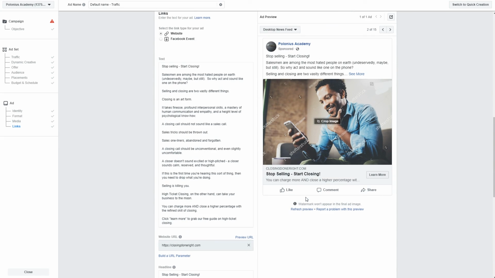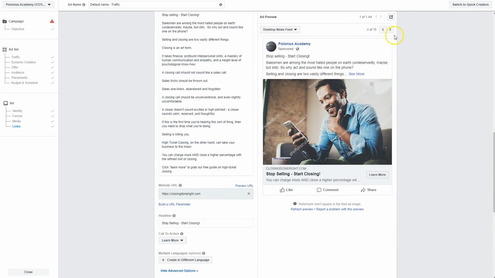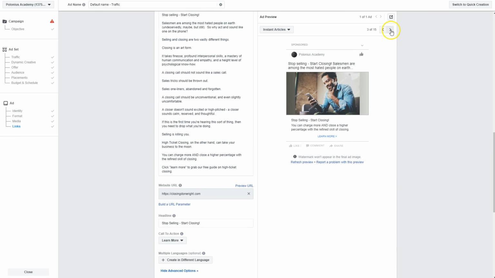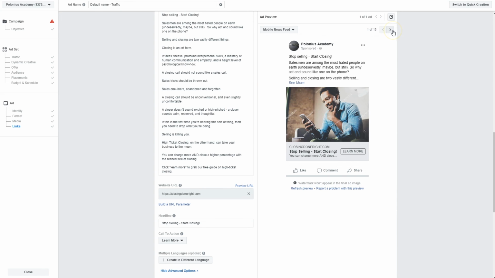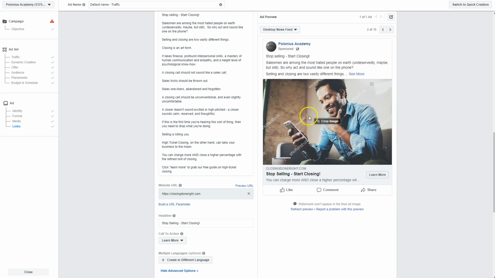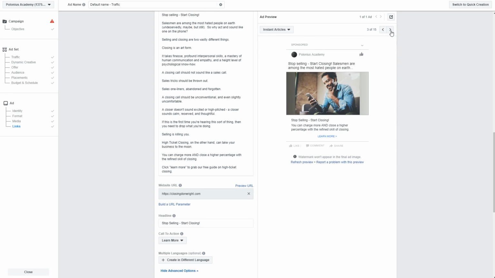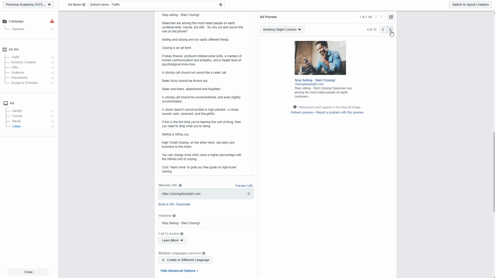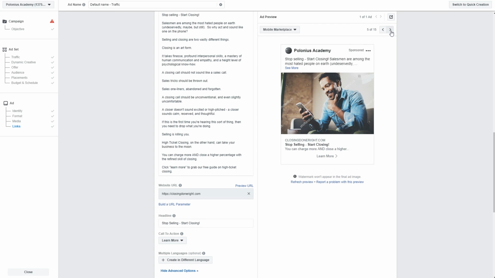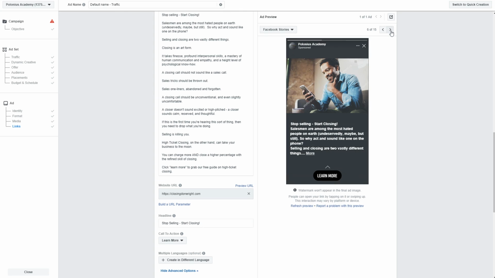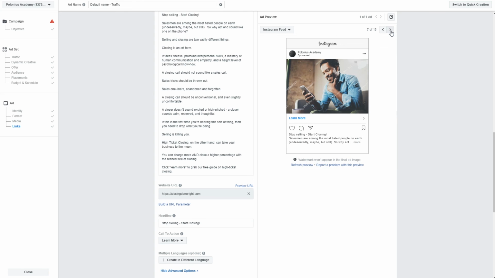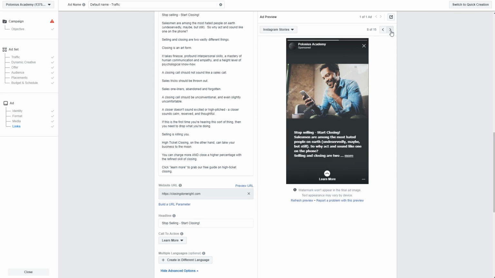We've got our ad copy, we've got our ad image, we've got all the details down here set up, we've got linking to our website, and let's have a look at what this looks like in all the different placements. So this is mobile newsfeed, not bad. Of course, the watermarks will be removed once the ad is published. And this is desktop newsfeed, instant articles, right column, mobile marketplace, Facebook stories, your Instagram feed, Instagram stories,